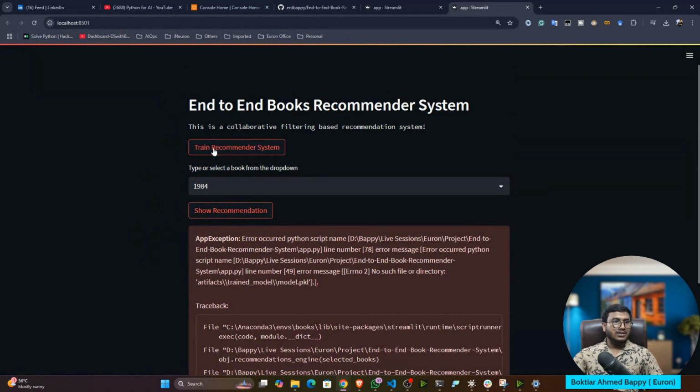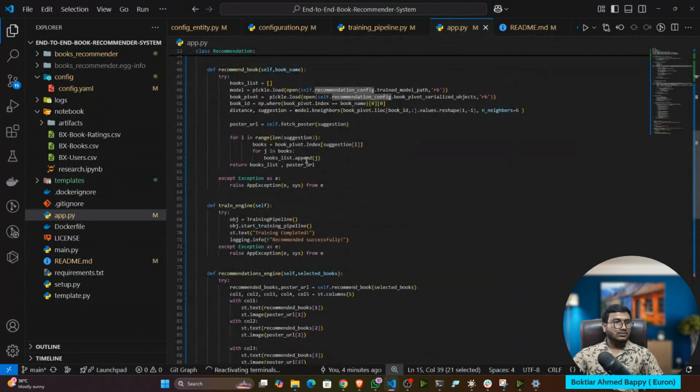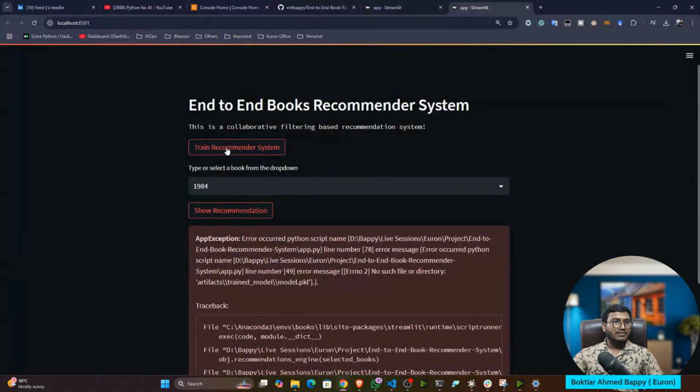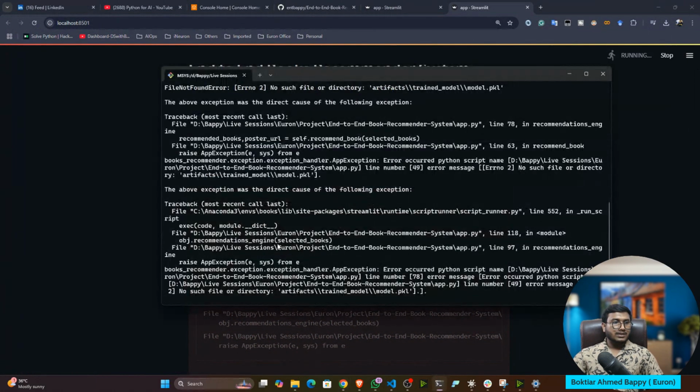So let's train the model. See, train recommender system. If I click here, it will hit this particular route, this train engine, and it will train the entire model. It will run the entire pipeline. Let me show you. See, it's running, and you can see your training is going on.